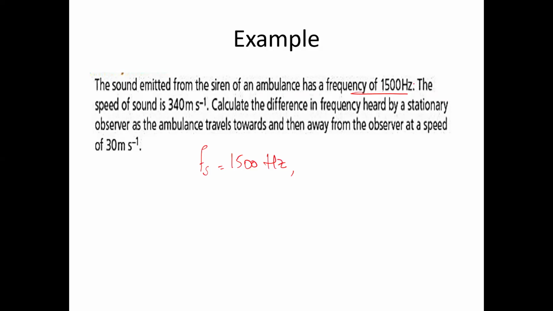And next it says the speed of the sound is 340. So what is the value of v? 340 meter per second. वो कहता है calculate the difference in frequency heard by a stationary observer as the ambulance travels towards and then away at a speed of 30 meter per second. So what is the vs? Vs is 30 मीटर पर सेकंड। तो हमने इसका डिफरेंस ऑफ फ्रीक्वेंसी फाइंड करना है।